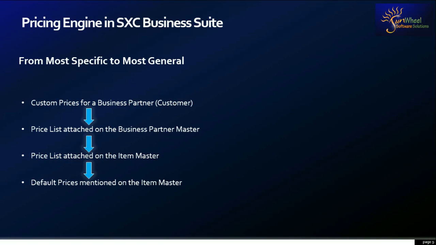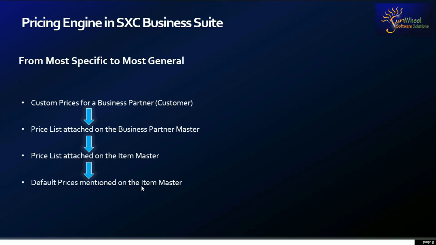So one of the simplest ways is we can define some default price on the item master itself. Now this is the simplest case, and it works if you don't have a complex pricing mechanism. If you have a flat pricing for the item, irrespective of to whom it is being sold or at what time it is being sold, right? However, in many cases this is not